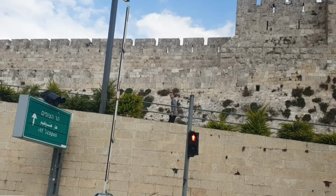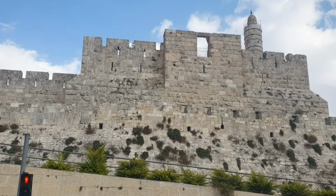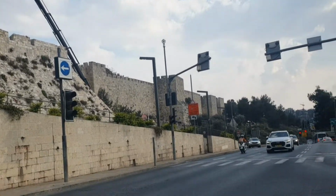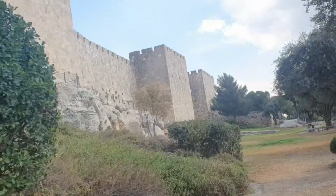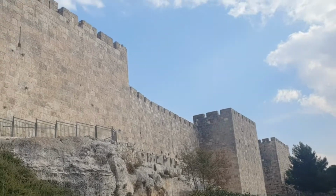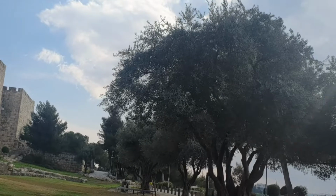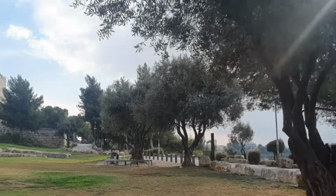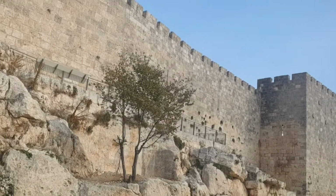The Zion Gate is named after Mount Zion, which is directly outside the city walls adjacent to the gate. In Arabic, the gate is called Bab el-Nebi Daud, or Gate of the Prophet David. This is probably because King David is buried on Mount Zion. The gate is also called Bab Hart el-Yahud, or Gate of the Jews, perhaps because it leads to the Jewish quarter. The Wounded Gate. The gate is also called the Wounded Gate as it bears the scars of bullet holes